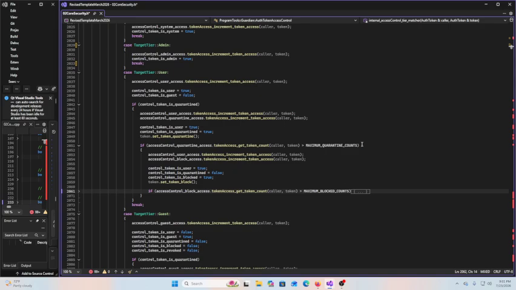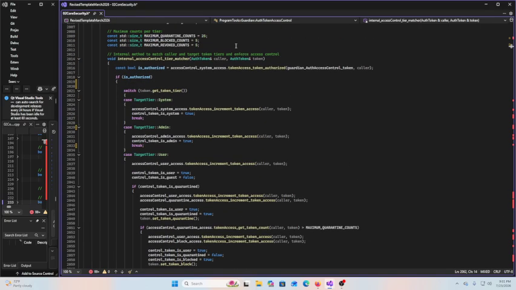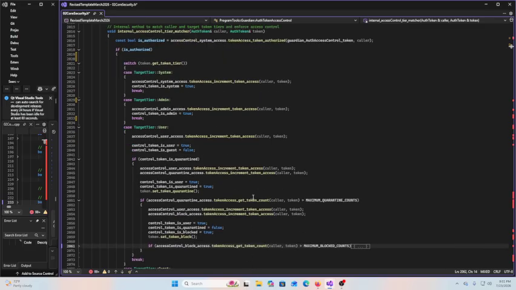Okay, so maximum quarantine count, which is 25. Of course, there's a function to get the count, and that's what this token access get token count is. It gets the number of quarantines or blocks or revokes you have in that little unordered map I showed you earlier. Anyway, like I said, if you've breached the maximum quarantine count,